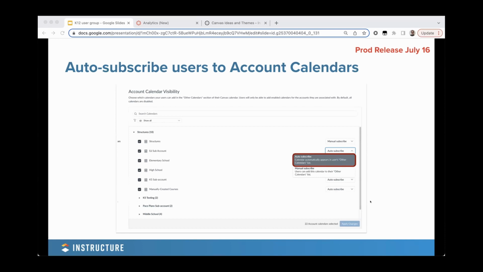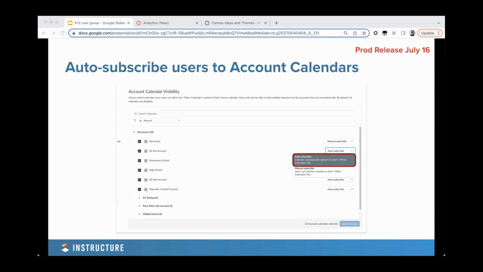And so this was a barrier for a few reasons. Number one, it meant that they actually needed to take an action in order to see those events. But secondly, for really young learners, it was something that was just more challenging to navigate to and switch on. So in order to accommodate for a couple of those things, we are updating this feature